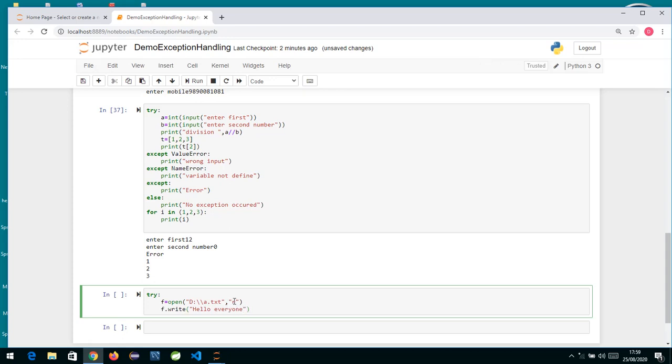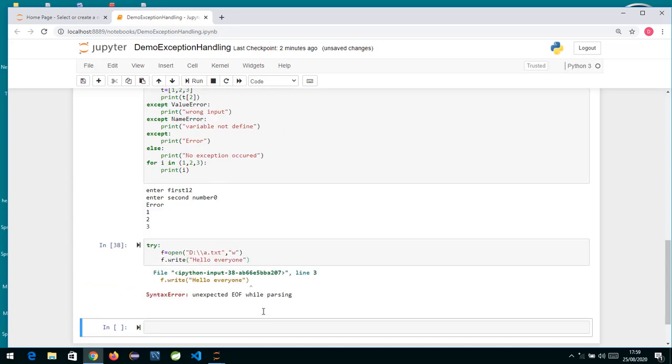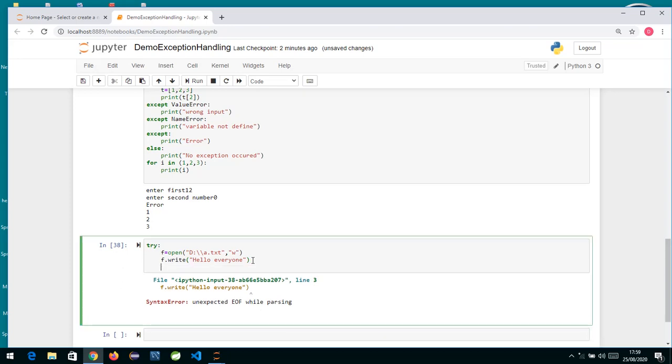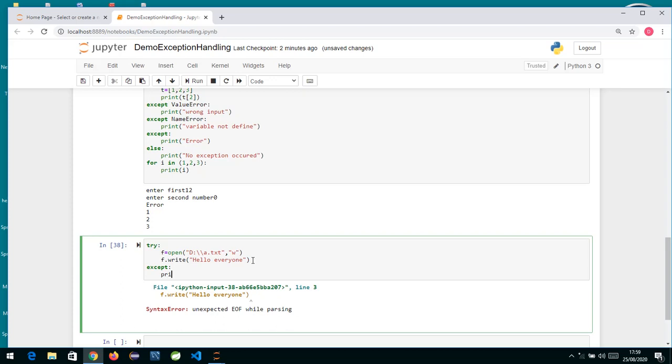It's in reading mode actually I'm doing, sorry, my mistake, I'll create it in writing mode. So here we are creating a file over here. Okay, I have not created the else block. So if any error occurs over here, we'll write except, error occurred, so we'll just print the error.